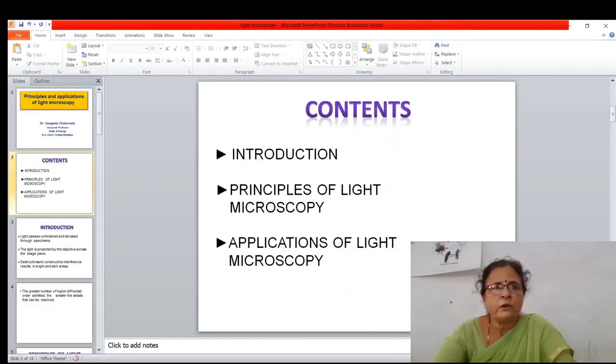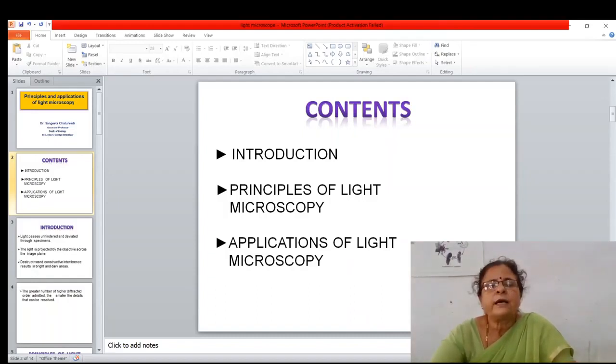Phase difference is basically due to the light waves which are hindered by the object, and the varying thickness of the object causes different phase differences in the light traveled. When these phase differences are collectively studied, we get the image which is magnified in the light microscope.